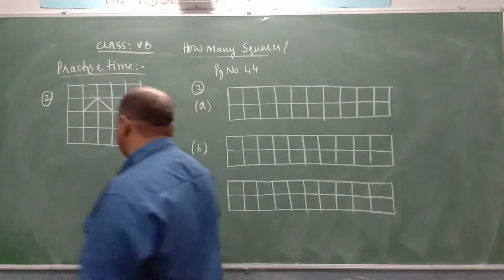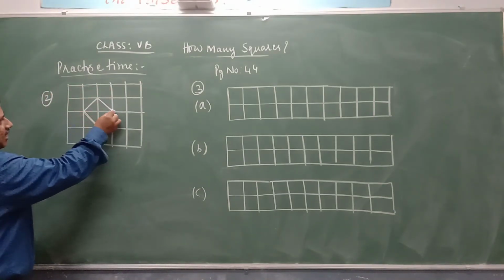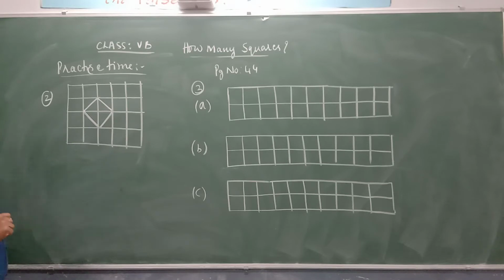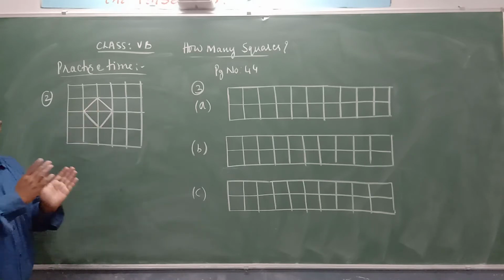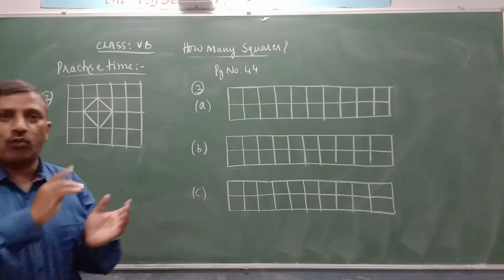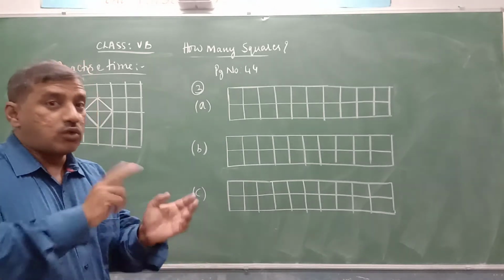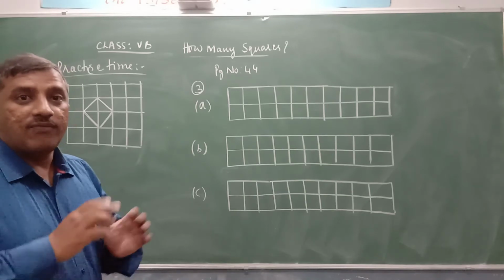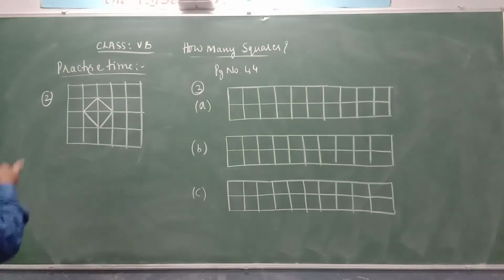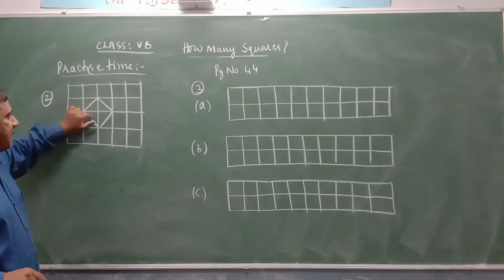Draw 2 more sides. Yes, if I draw these 2 sides now, we get a shape. What is the area of the shape? If you observe, all 4 squares are exactly half filled. So one half filled square is half a square centimeter. 2 half filled squares will give us 1 square centimeter. Therefore 4 half filled squares will give us what? 2 square centimeters.